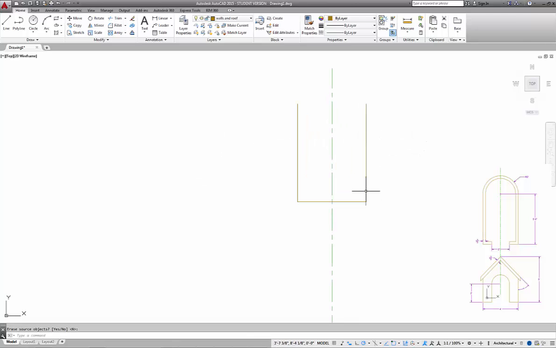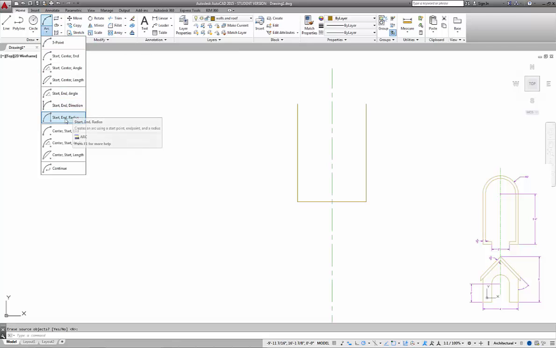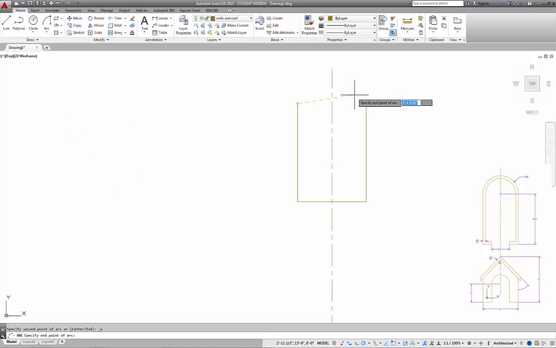How neat is that? So the mirror command works just like the modify tools such as rotate or copy or move. Same process occurs for each one of those. So now we need to create an arc across the top. So we'll draw an arc, and we can use start end direction. We'll use start end radius this time because we're going to pick the starting point of the arc, the ending point of the arc,